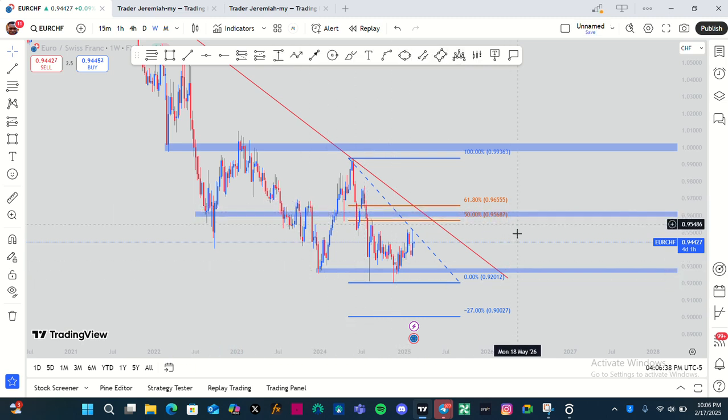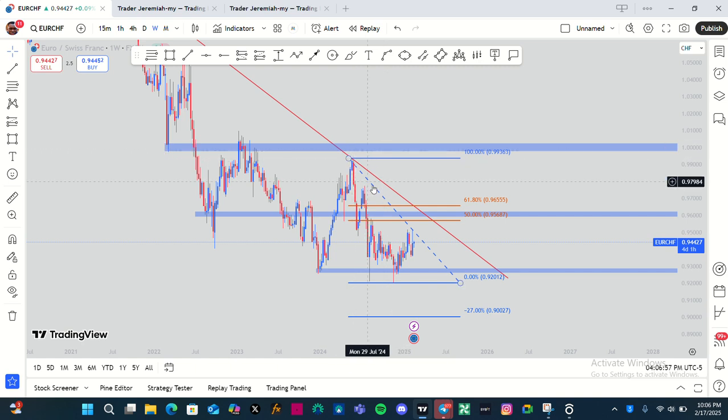So that's basically what I'm waiting for on this trade. I'm waiting for price to create another lower high. So this was a lower high. This supposed to be a lower low, but price was unable to create a lower low. So the low was equal. But the trend is still valid as long as price has not broken